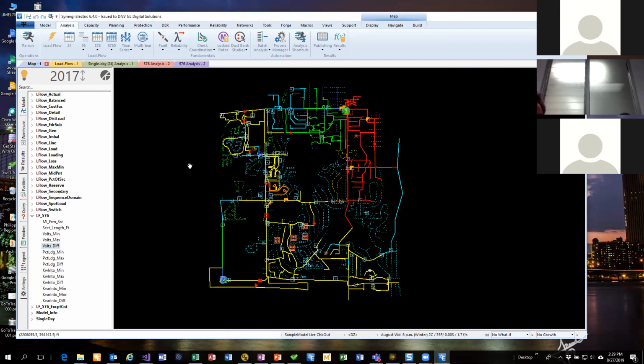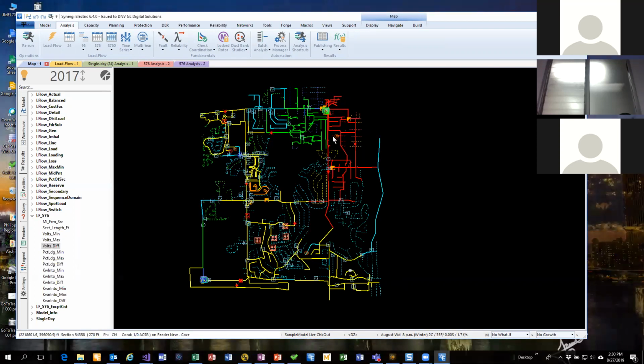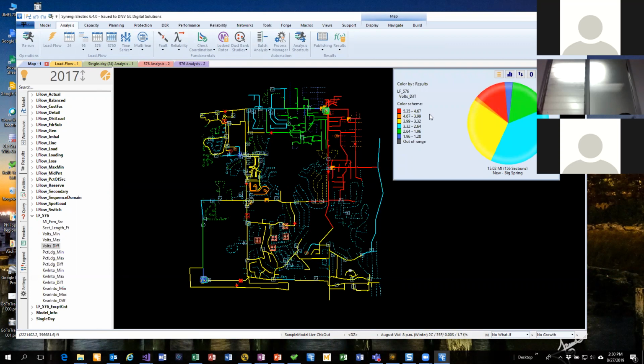This is showing where we have the most voltage variation throughout the year. This is new in version 6 as well. The results we have are on a tab. So if you want to color the map, it's very easy. You just find the results that you want, like I did, and you just click on it, and then the map is colored with those results. And we have a legend bar that floats around here with a pie chart, and it says that my red is around 5 volts. So this feeder right here,